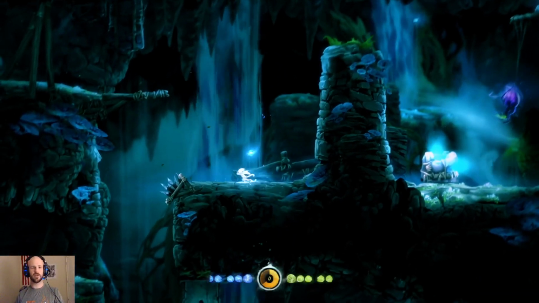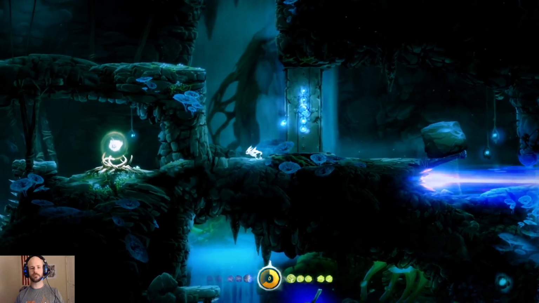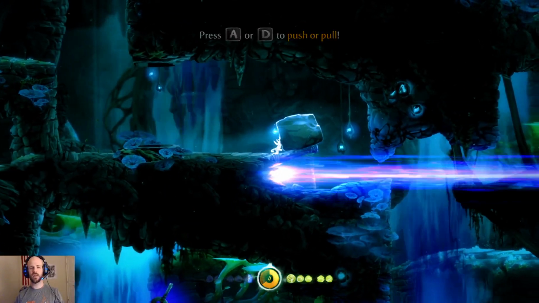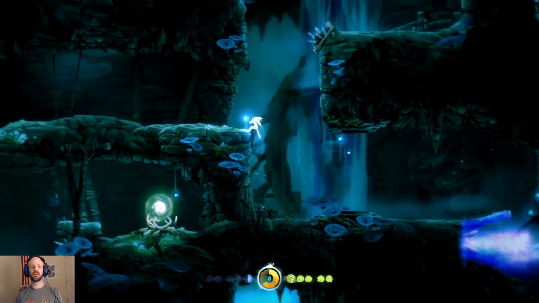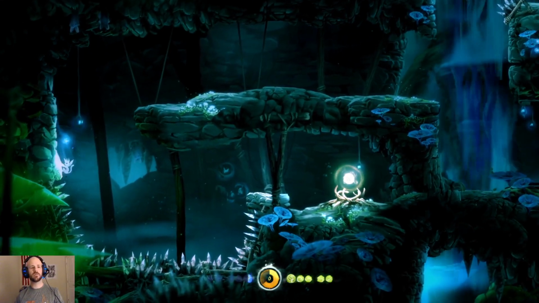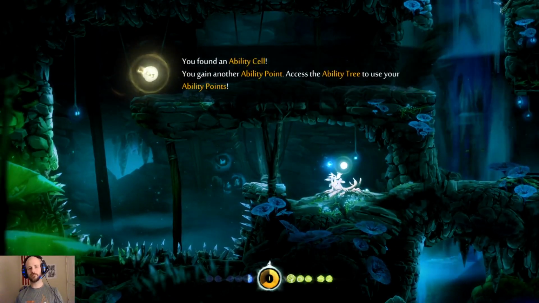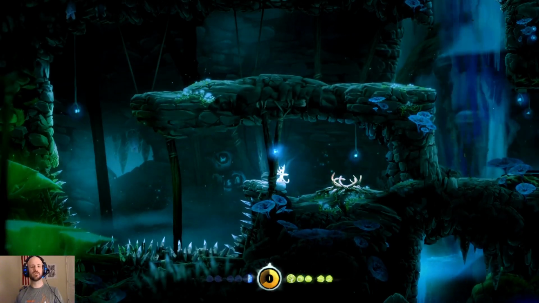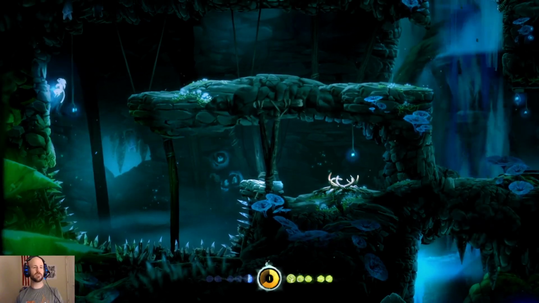Let's see, yes, we're going to go to the left first. Let's open this door. And then we're going to drop this stone in, blocking that laser right there. And then head this way, and we're going to do a double jump across, and get our first ability cell. So I think it's the first ability cell, right? Yes, it is. Okay. So we have our first ability cell, which is basically just one free ability point, which